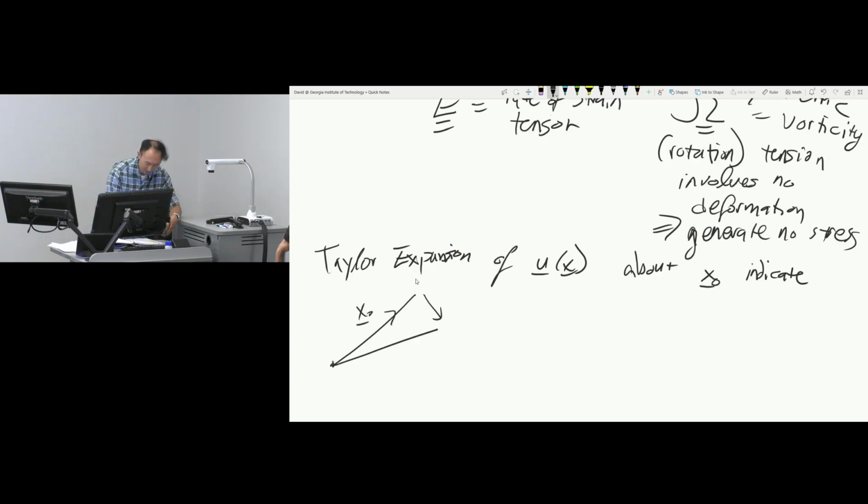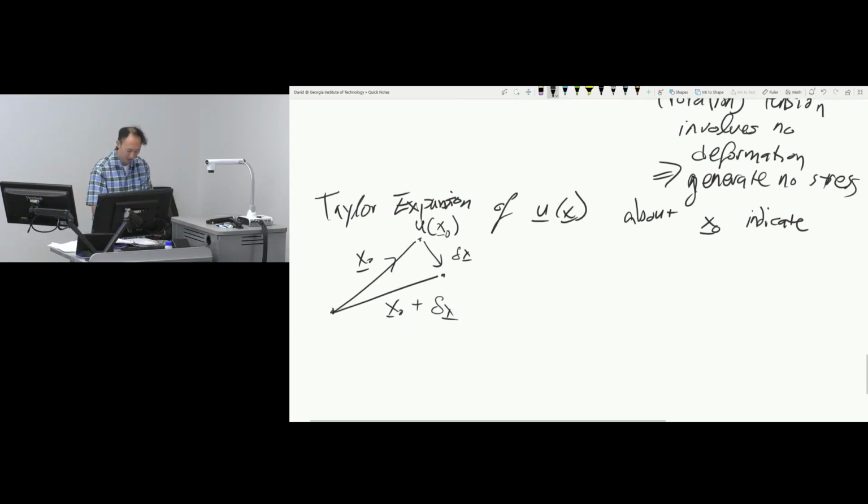All right, so let's say we've got this. We'll just consider non-time dependent flows for now. This velocity vector at x naught, and we define this small deviation delta x. And we have this new position, x naught plus delta x. So we're considering these two points. And this is supposed to be a velocity. All right. Taylor expansion tells us we can write